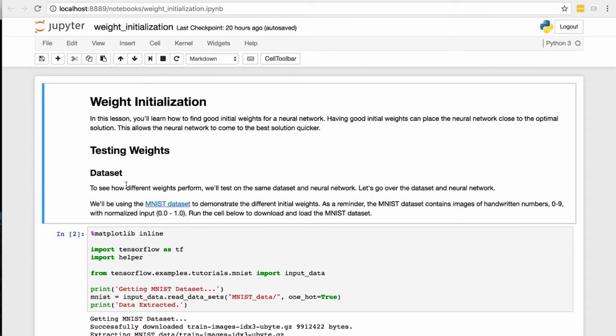This week we are going to be talking about weight initialization. So in this case, how to choose good initial weights for your neural networks. This is a really important factor for successfully training your networks. If your weights aren't set right, then the backprop algorithm has a really hard time getting to the minimum